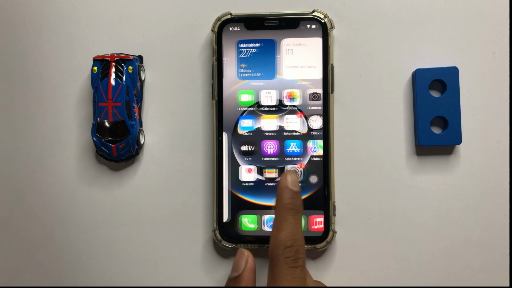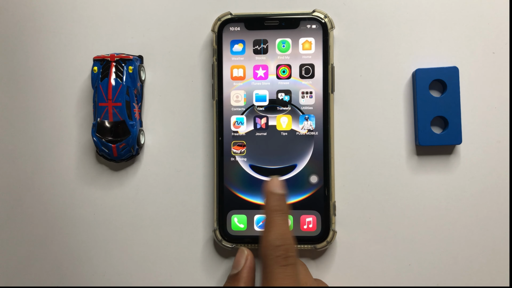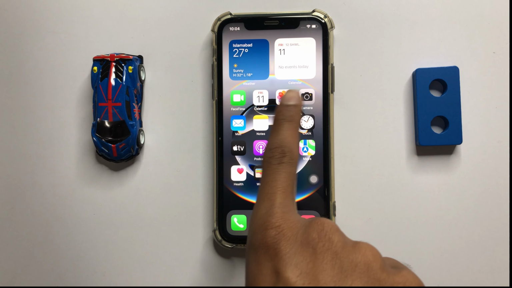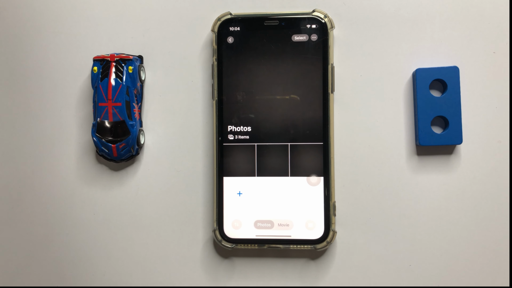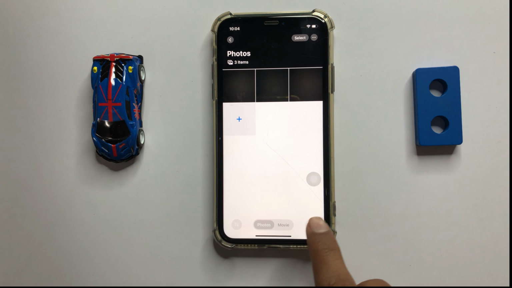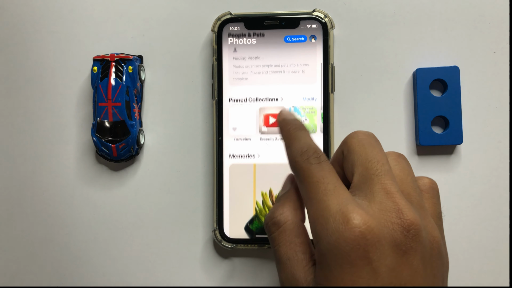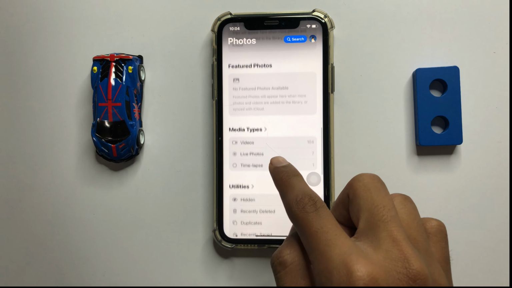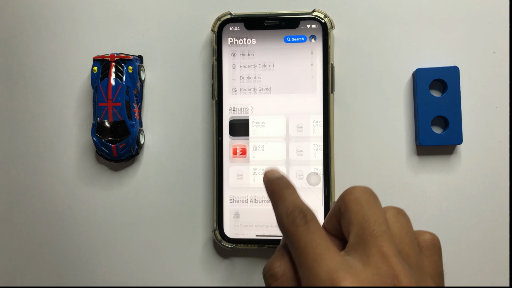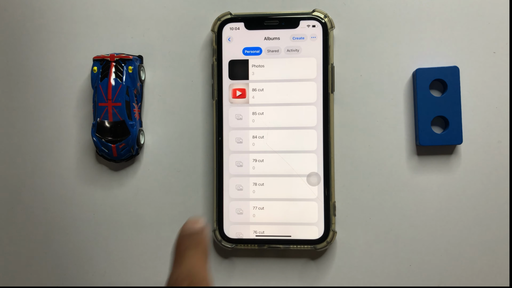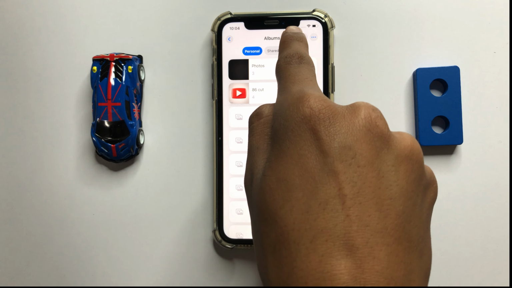First of all, if you want to add a photos widget, then open Photos and then scroll down. Go back and then scroll down and click on Albums. Now create a new album